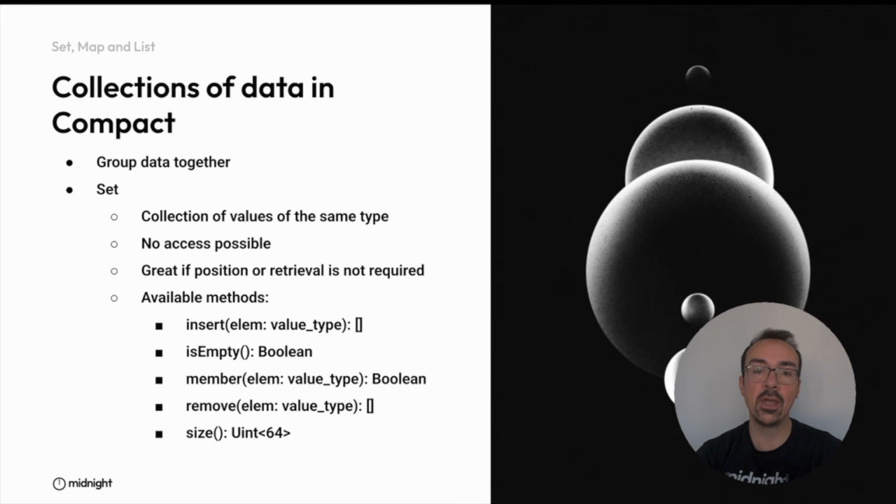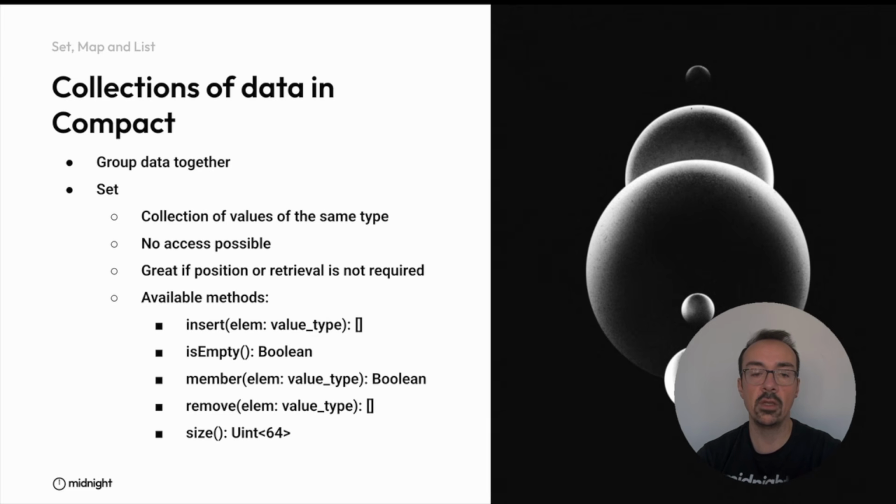It means that you cannot access the values in the set by index, for example. That's why sets are very good if you don't need to retrieve elements from inside the set. If you don't need to know the position of an element, it's very good just to group elements together and have a collection of those elements with no position, if position is not important